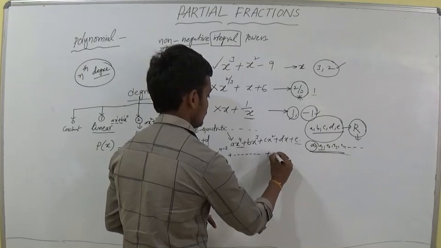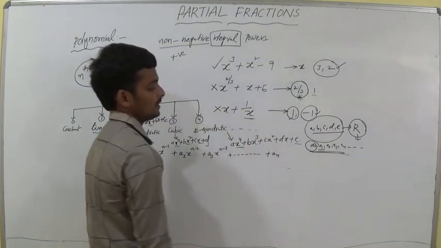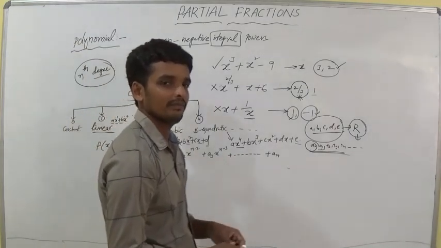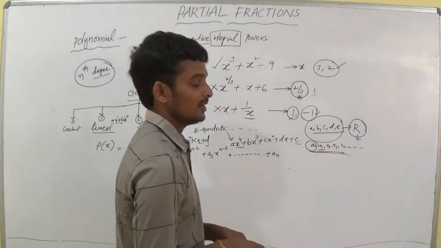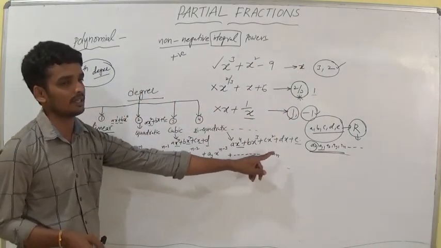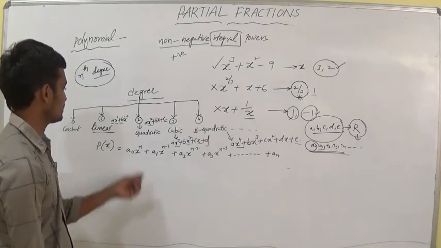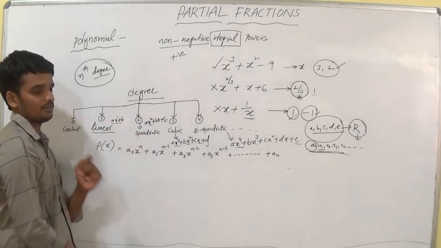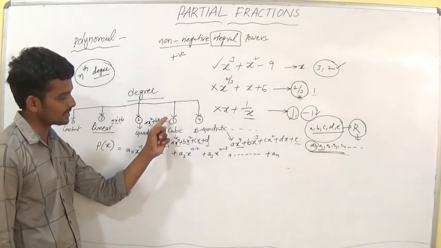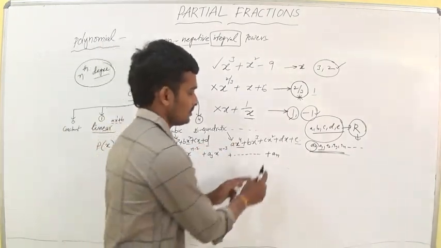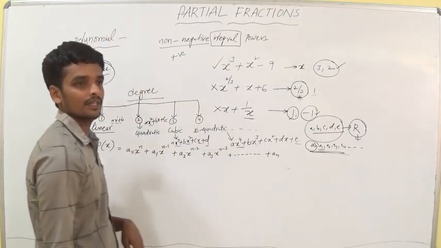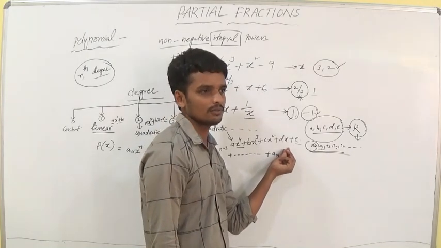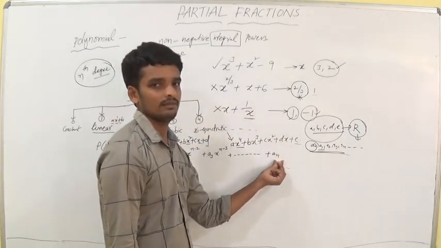I am writing the last term with a0. an means the nth term. What is the nth term? Can you guess? If you observe these four examples, you can get it easily. Why? Because the last term is x to the power of 0, which means 1. That means there is a constant term. Here c is the constant term, there is no x. So this is an. The complete sense of an is an into x to the power of 0, and x to the power of 0 is 1. That's why an. You understand?